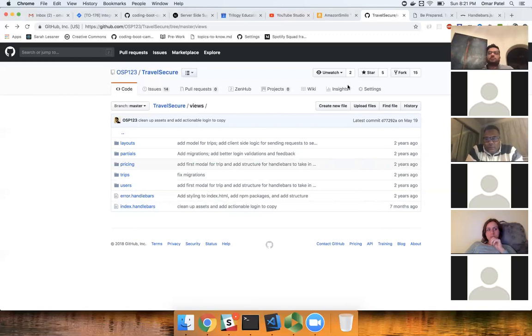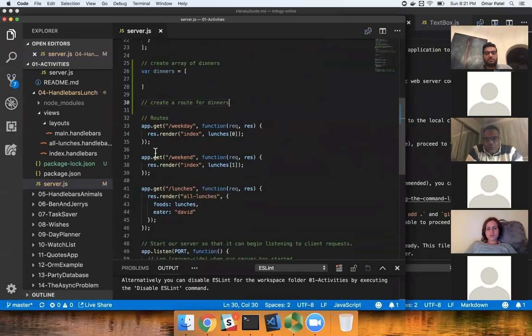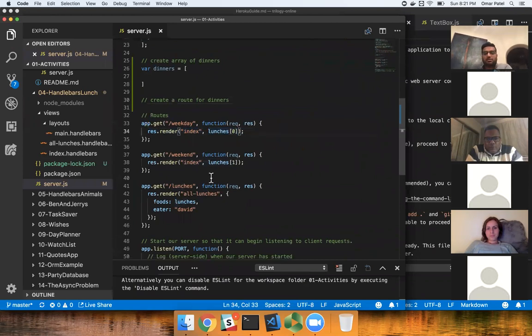In Handlebars, there's one way of passing data in. With Handlebars inside of Express, you're only going to be passing data one way, and that's via res.render. You're going to pass it into the render as an argument to the render function. So this render method